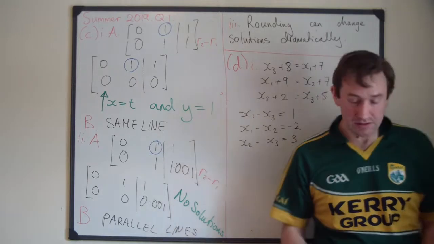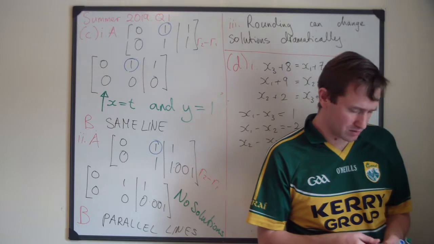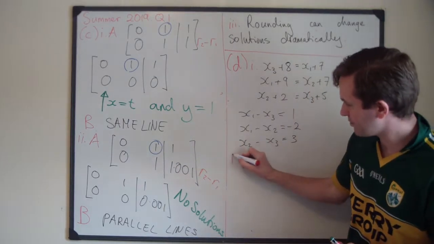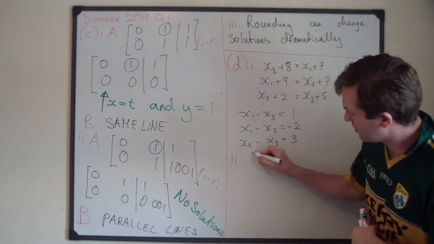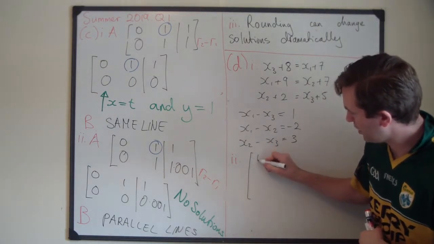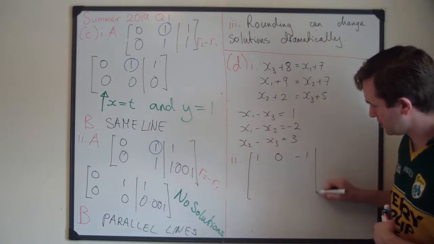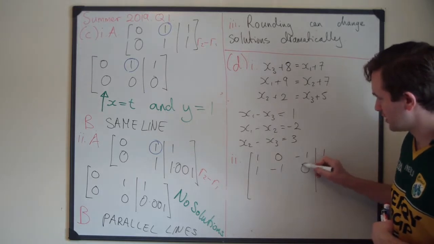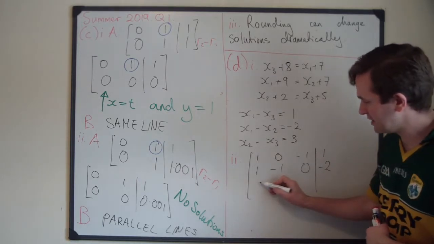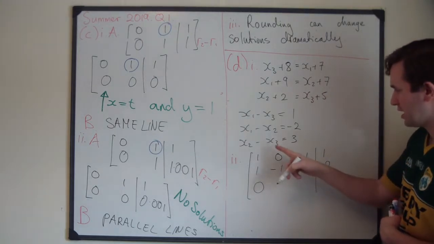Write down the linear system governing the flow. We've done that. Part 2, solve the linear system using Gaussian elimination. Back to our Gaussian elimination. So we have 1x1, 0x2 minus 1x3 equal to 1. 1x1 minus 1x2, 0x3 is equal to minus 2. And finally 0x1, just going to check this sign here, yeah, looks good. 0,